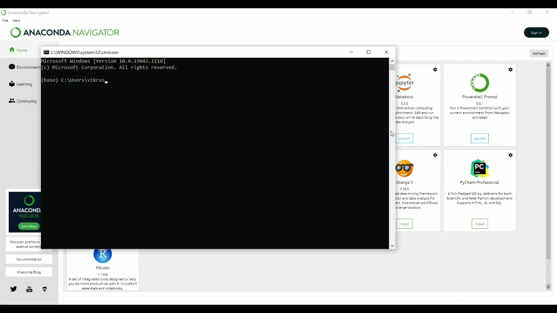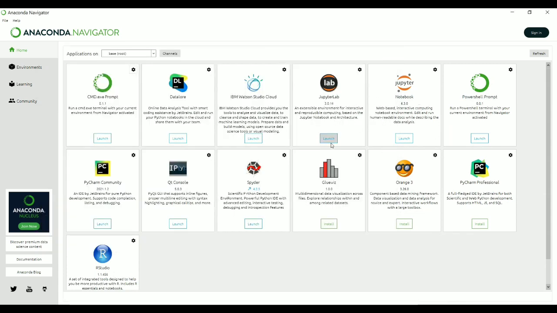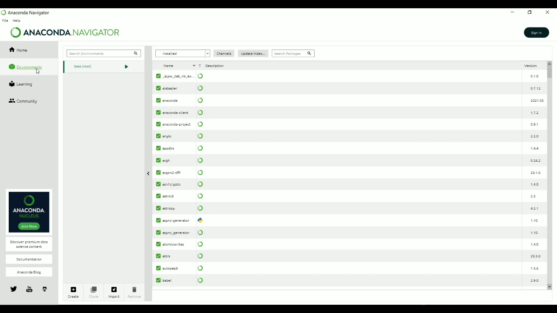Similarly, I can create multiple things here. From here I can launch a tool, open it, and start it. So these are the different environments. If I want to search for any package, pandas is one of the packages, I can search for it from here.